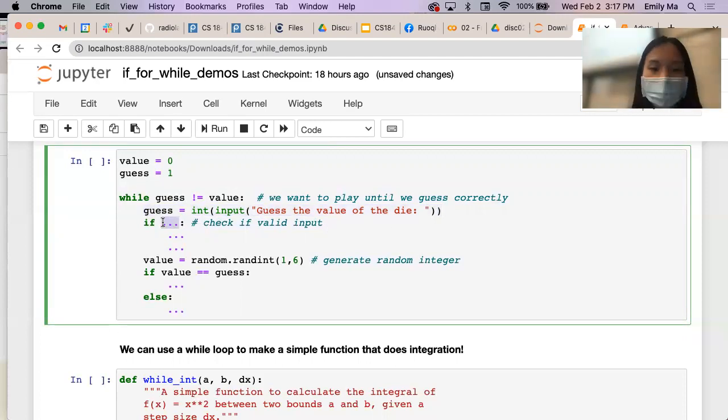So if the number isn't a valid input, so if it's not a number between 1 and 6, we need to check that it is between 1 and 6 so we can check that it is a valid input. So if you remember with Boolean statements, we can do this by checking that guess is less than or equal to 6 and guess is greater than or equal to 1, since this will be all the numbers 1, 2, 3, 4, 5, 6. So if that is true,